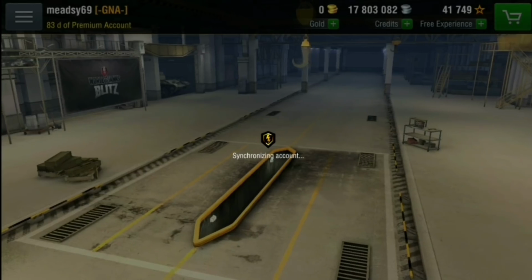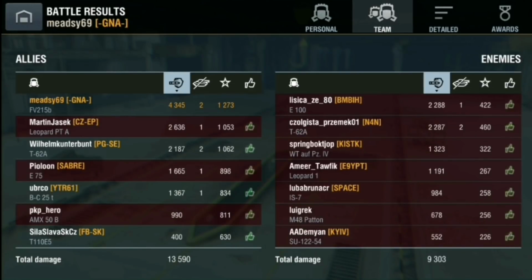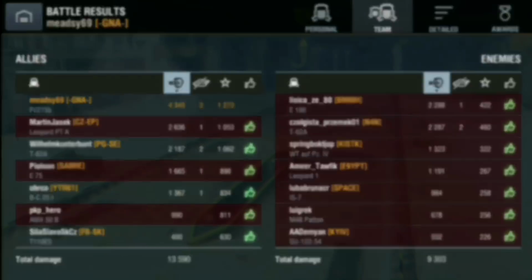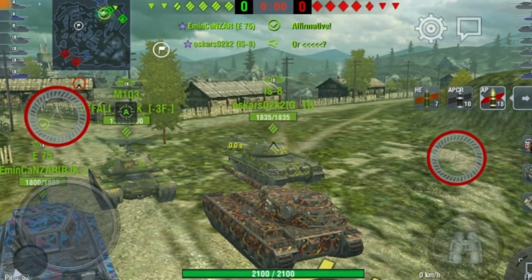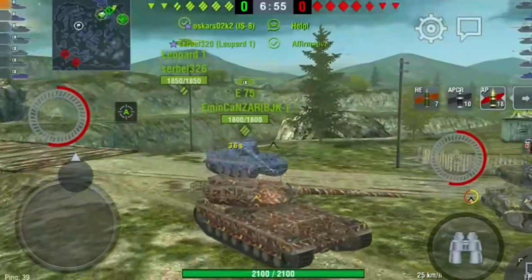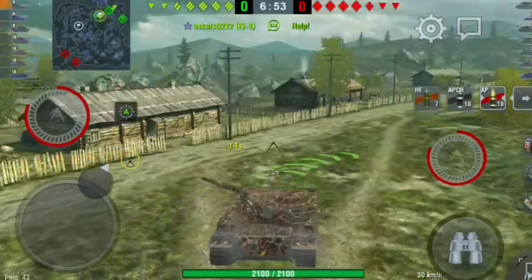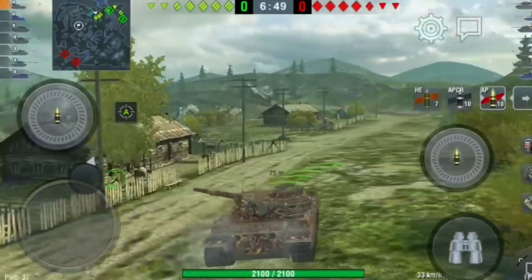But we still finish on 4.3k damage. We make a little bit of credits as well. So I don't know where that 4.3k damage came from. It was a fairly easy battle. Not in danger at any point. We got one shot from the waffle, but it was quite easy, and that's where you're going to build up